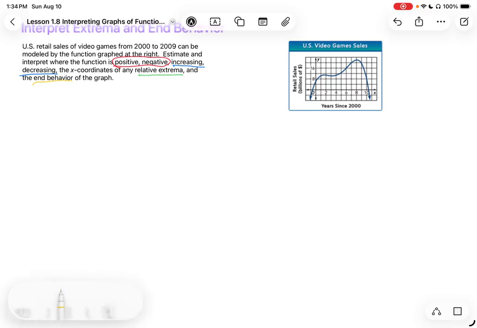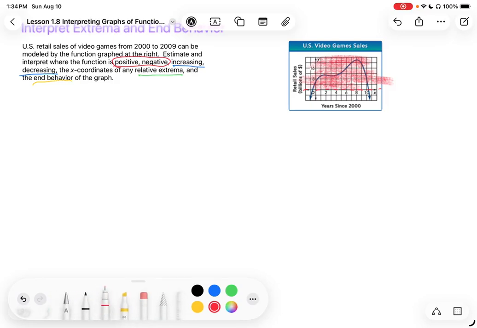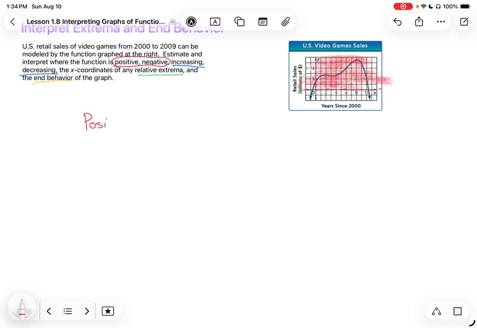Okay, so let's begin with positive and negative. And when we talk about positive and negative parts of a graph, what we mean is where are the spots where the graph is above the x-axis and where are the spots where the graph is below the x-axis. So anything that is above the x-axis is a spot where we consider the graph to be positive. So anything up here is a positive part of this graph. Anything that I shaded right there in red is positive. And so we would say that the graph is positive